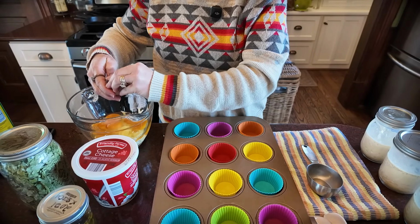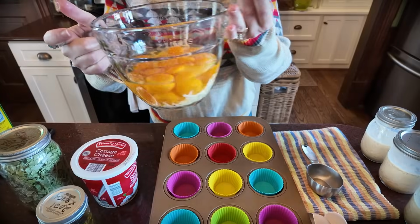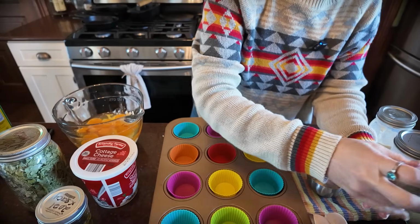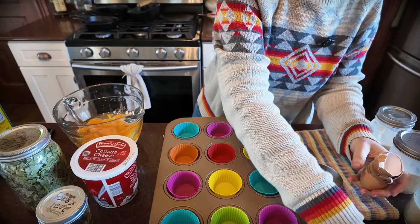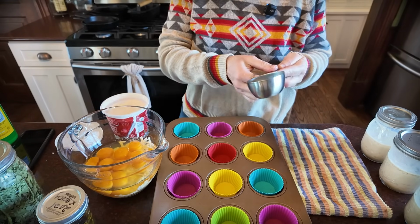So it's definitely a way to extend those expensive suckers right now. Those are some orange looking egg yolks. Very, very healthy for us. All right, let me clean up my mess. I'll be right back. Okay, now I'm gonna move on to my cottage cheese, and I'm gonna go in with